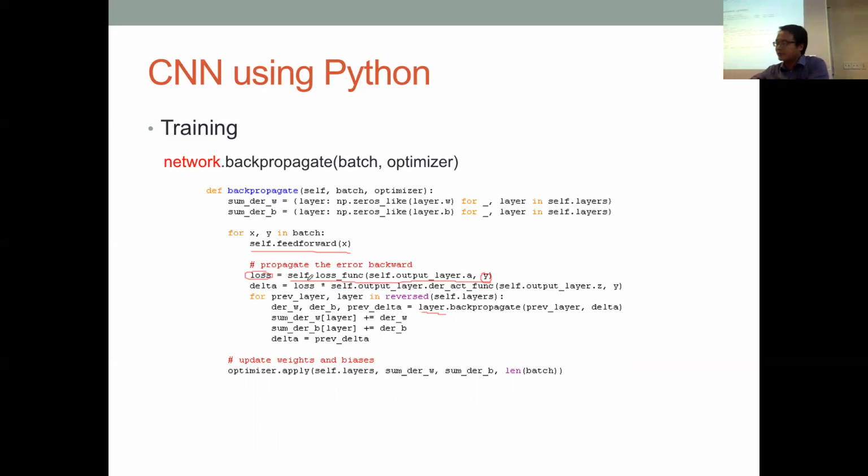So once you get the loss, then the delta will be the loss times the output layer's derivative of the activation function. That's pretty much the derivative of the activation function. That's the local gradient. Okay. For the last layer,